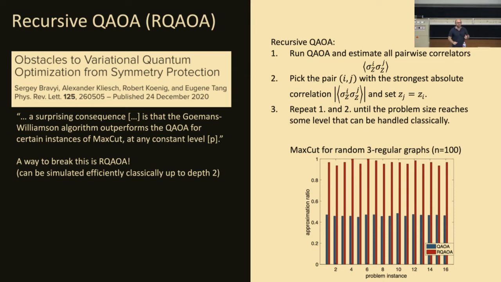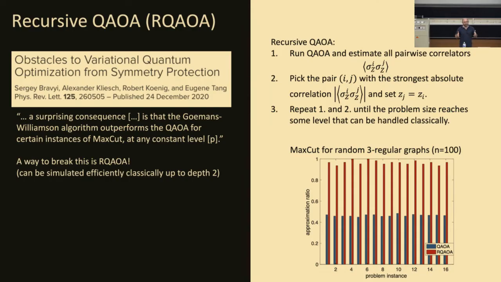So if we have a pair that's always up, or always down, or always pointing in the opposite direction, then we just replace one variable by the plus or minus of the other and take it out. So we reduce the problem size by 1. Then we just start again. We have now a problem that has a size n minus 1. We run QAOA, we do the same. So we eliminate one variable after the other by this scheme until we reach a certain threshold that we can handle classically, for example. And this is the whole idea.